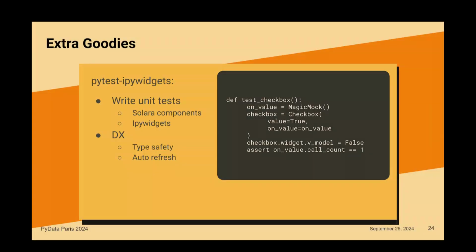Some developer experience stuff. Solara is typed, so you hopefully write fewer bugs when you're making your app. And we've got an auto refresh function, so if you change your app and you save the file, it automatically refreshes all of the sessions that are connected to that server. So you could have a friend of yours looking at your app, telling you, oh, I need this to change. You save that change and it should refresh for them. And we also try to keep the state around on these hot reloads. So if the user has already navigated somewhere or entered something into a text field and you save some changes, they shouldn't lose